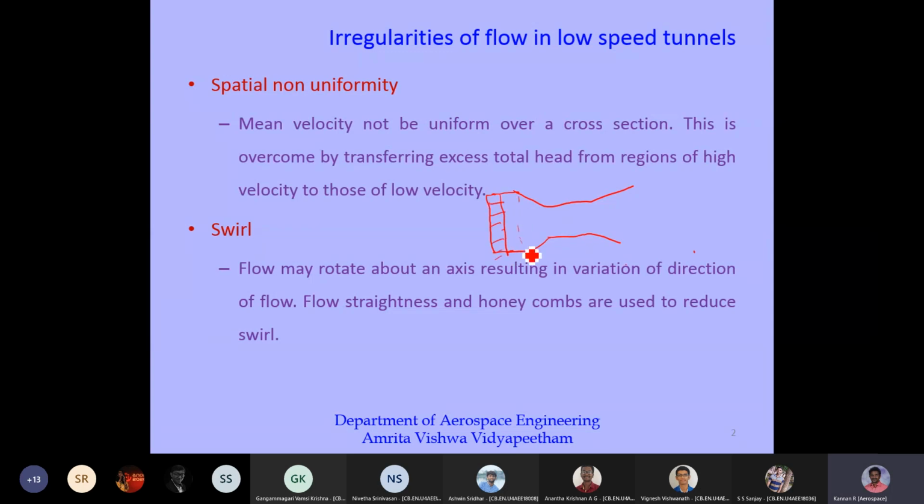So this is going to be your settling chamber. This is your contraction cone or effuser. This is your test section and this is your wire mesh, sorry, your honeycomb section. Everything is going to be part of that, your settling chamber, and this is your diffuser part of it.